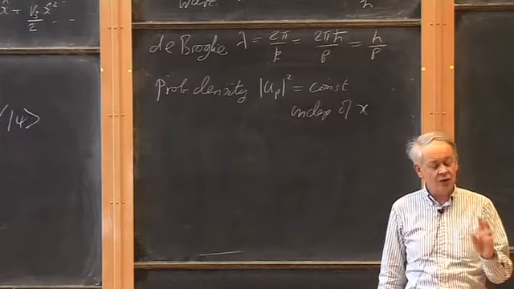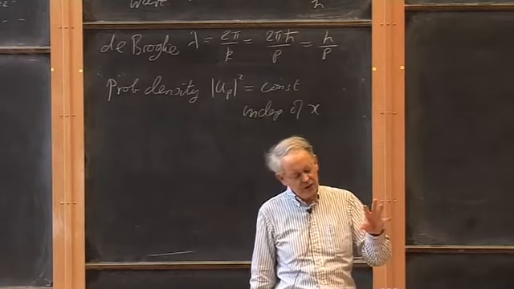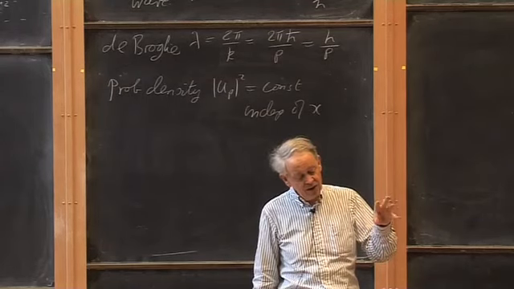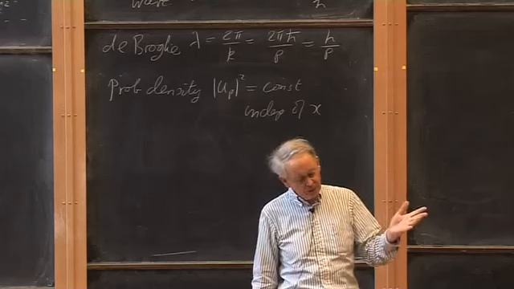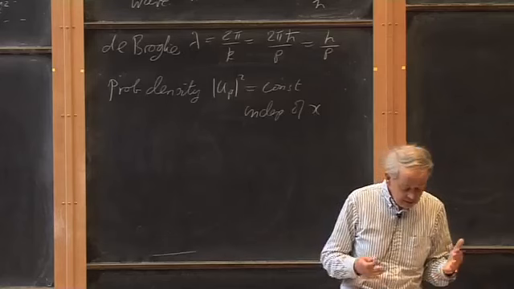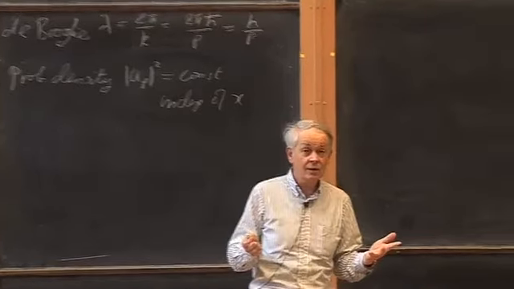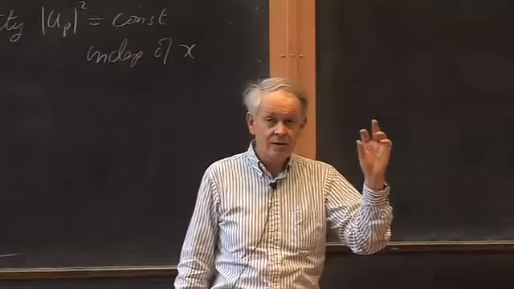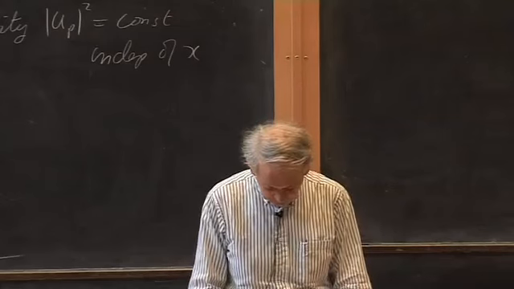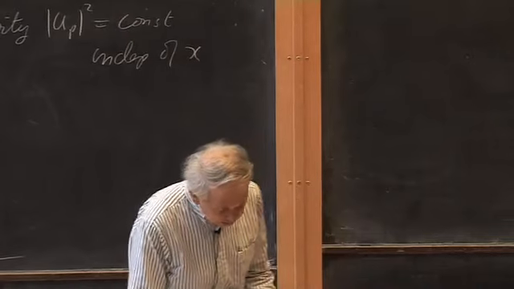So an electron in hydrogen is moving around. The binding energy of hydrogen is 13.6 eV. It has a kinetic energy which is half that because of the virial theorem, which we'll get to later on, but the results are already in classical physics. So it has a kinetic energy of order 6 electron volts, and that gives you a de Broglie wavelength which is a tenth of a nanometer. That gives you some kind of sense of scale. Okay.